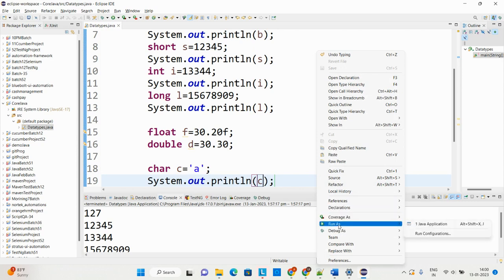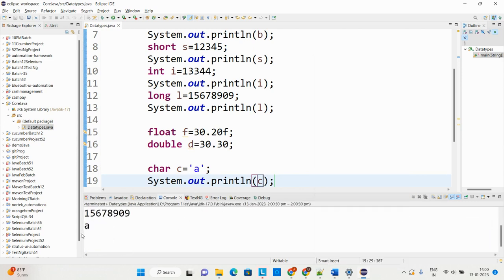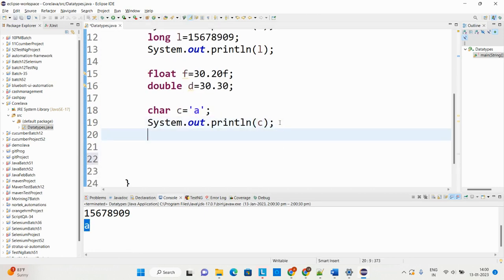That is the a, right? So it will print the a. If you see, it's printing the a now, right? So now last